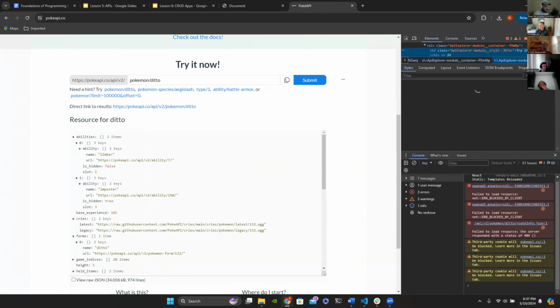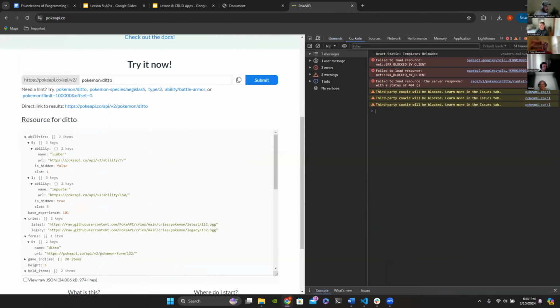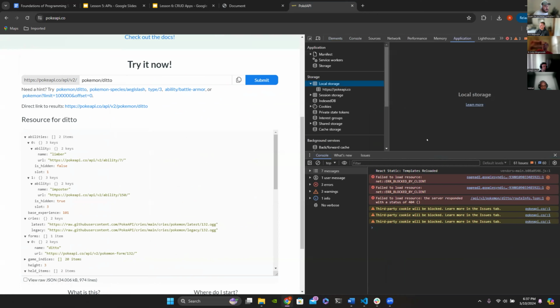We know that we can check the DOM, right? The console, see what stuff it prints out. I mentioned there's other things that you can also do on here, and one of them is if you go to application, you have your storage, right? This is actually also where your browser has